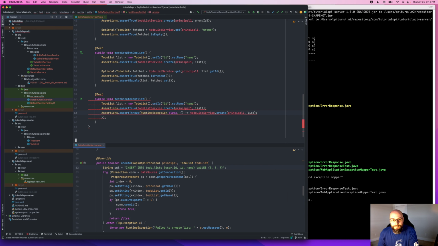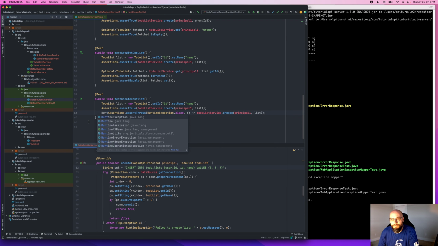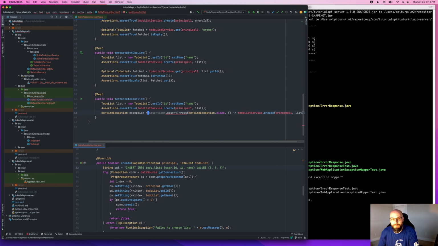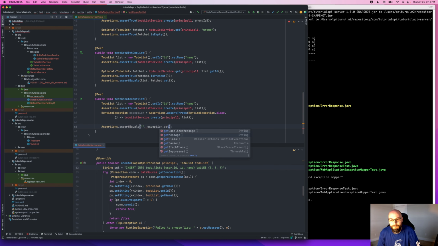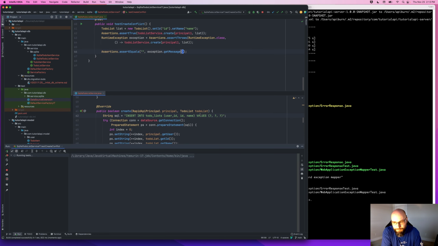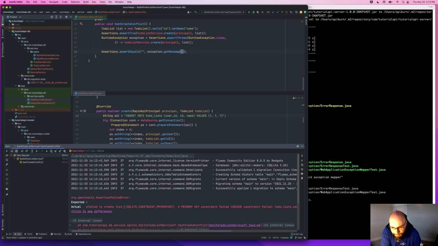We don't actually need these braces. Alright. And actually I can say, I don't know what the message is off the top of my head, but let's run it and see what happens. Okay, so we did get an exception, failed to create list, and yeah, so it basically has this primary key constraint error in it. So if I copy this, I can say assert true, not contains